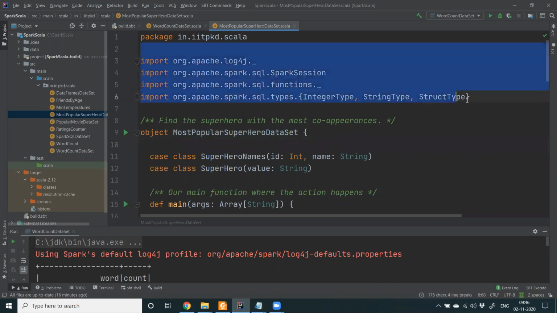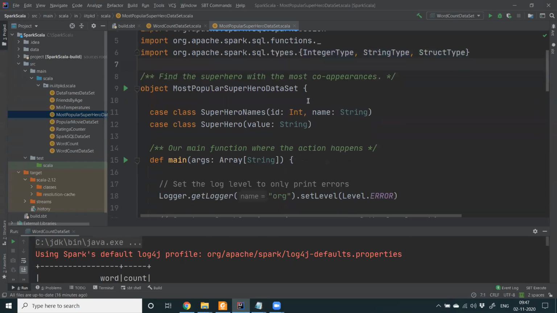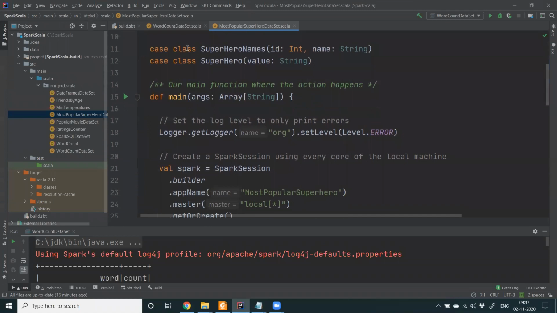Of course, we need to import all the necessary packages here. Here I'm explicitly importing these types that we have used in this program, but you can import everything if you don't want to be sure at first.